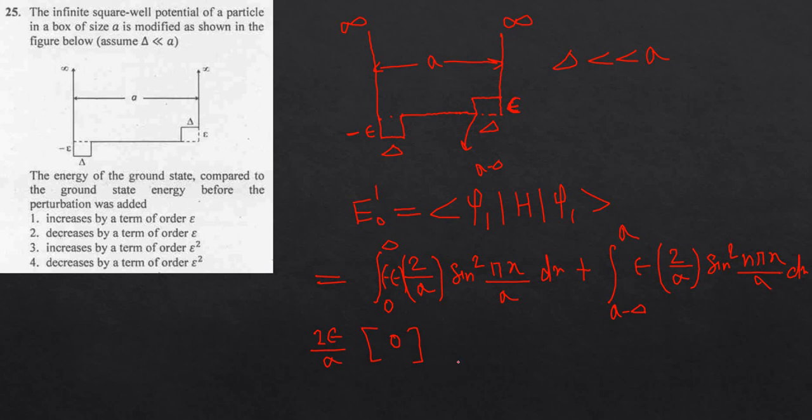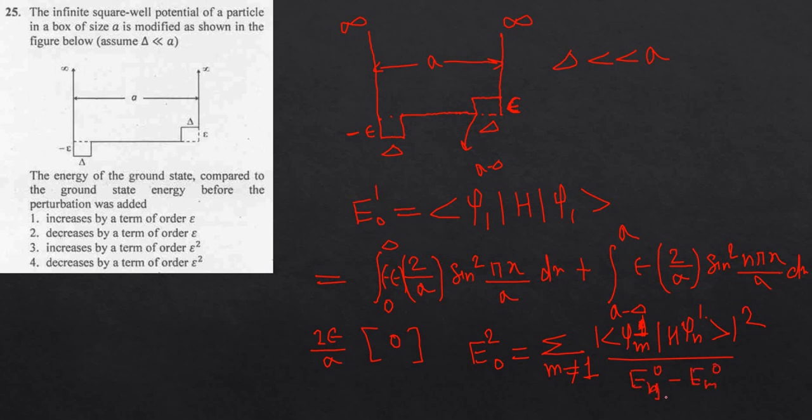Now the second order correction in the ground state energy. The formula for that will be equal to the summation over m not equal to n, where n here is the ground state 1, mod psi m 1, the ground state wave function, H psi n 1 mod whole square upon E n 0 minus E m 0.